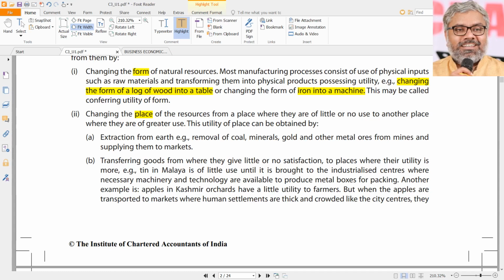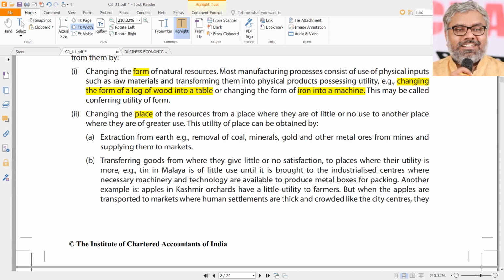Of course, what we are doing now itself can be called place utility, though it is not the ideal situation. This utility is not really a required utility, but still, since there is no option, we are using this. I am able to talk to you, I am able to communicate with you, you are able to hear me. And I am at some other place. We are all scattered in different places.